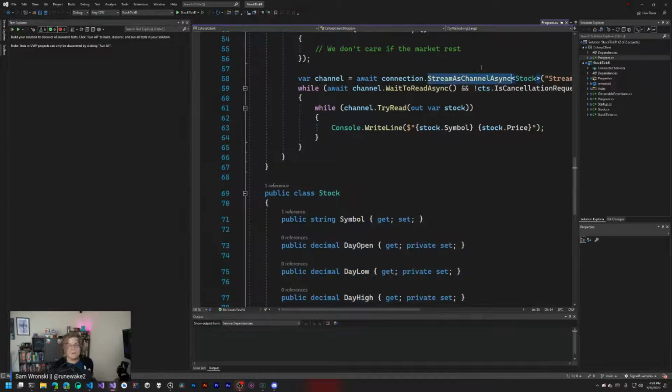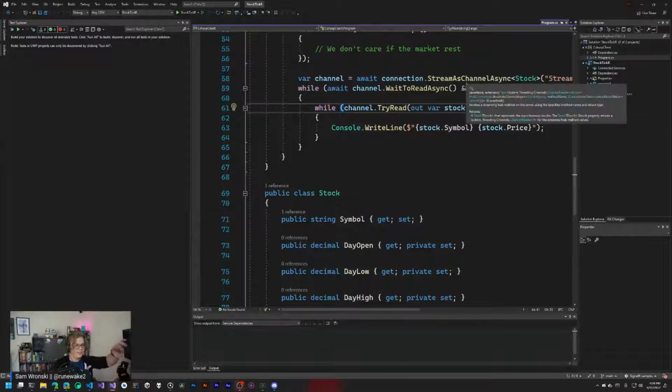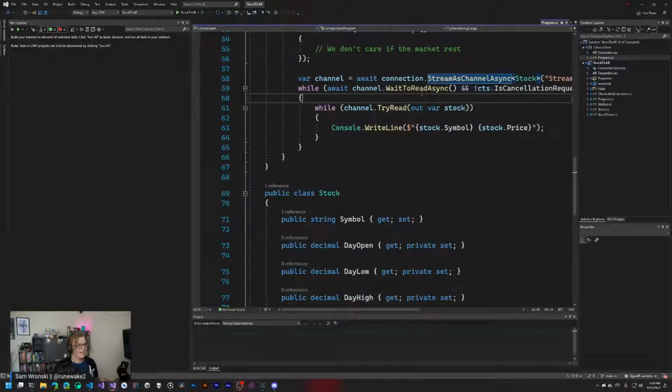This is where I've screwed up in the past, is using channels for things that they really shouldn't have been used for. I tried to replace an entire streaming data pipeline with these channels. I don't think that was a good choice. It got really confusing. I think we ended up rolling it back. But anyway,